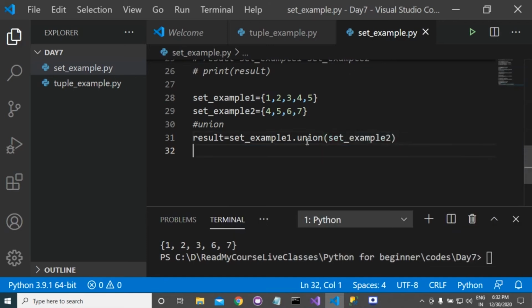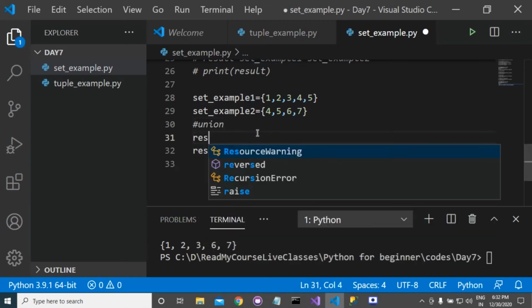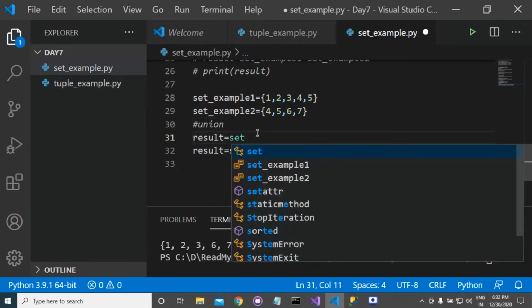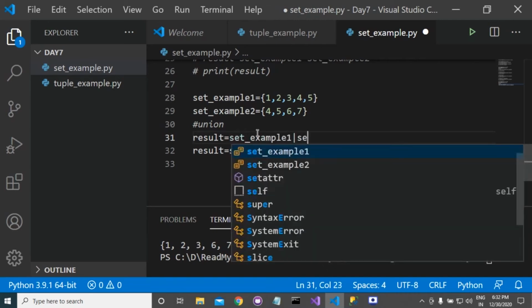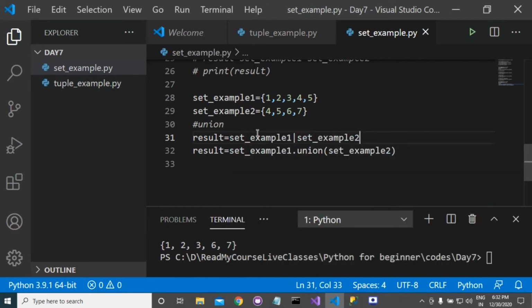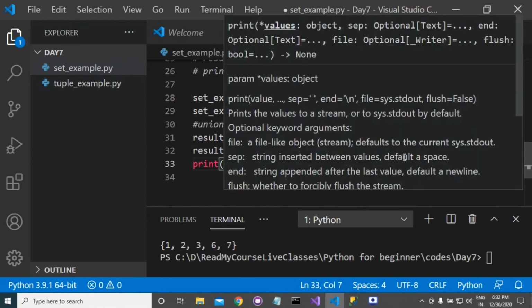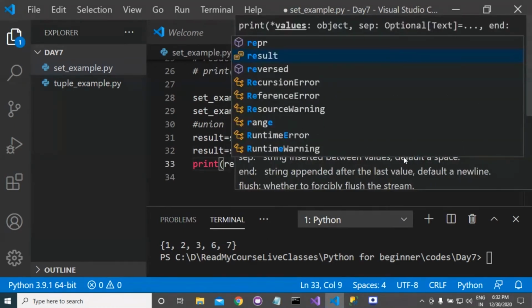You can use the union method, or you can write result is equal to set example 1 union example 2. So these both are equivalent. Either you can use this or you can use this. If you print the result in both cases, you will see that the result is the same.